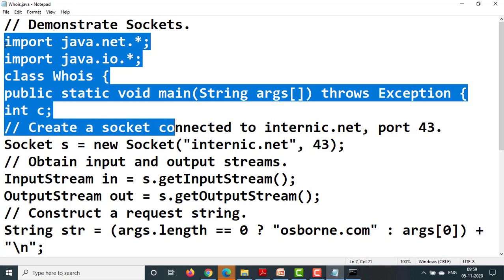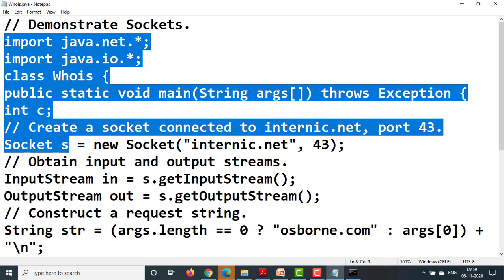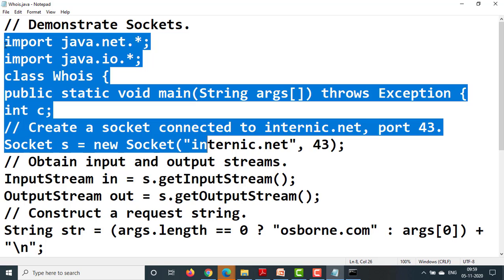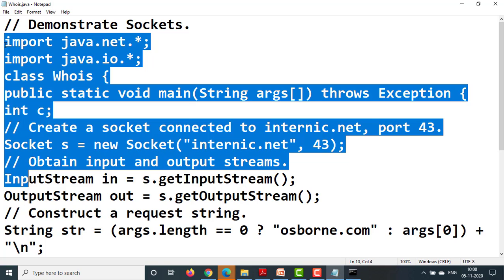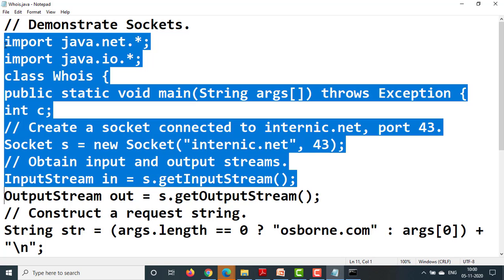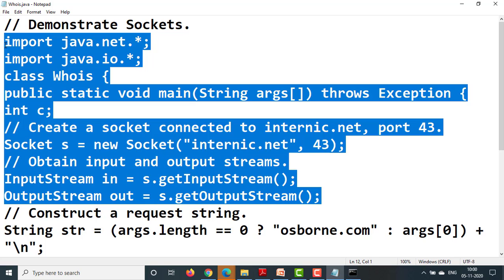Now create a socket connected to internic.net, port 43. For that we are creating the socket s instance: Socket s = new Socket("internic.net", 43). Thus we have initialized the socket, or created the s object of the socket. Next, obtain the input and output streams. InputStream in = s.getInputStream(); OutputStream out = s.getOutputStream();